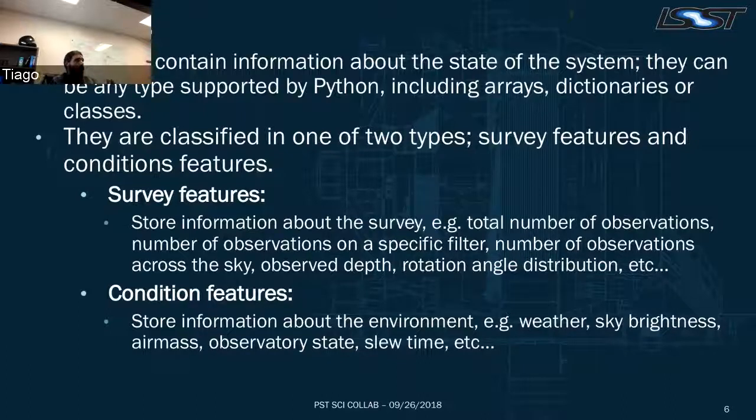We separate the features into two types: the survey features and the conditions features. Survey features store information about the survey. And the conditions features store information about the environment, the weather, the sky brightness. So basically telemetry about the environment, right? If we look back at the tomography of the feature scheduler,